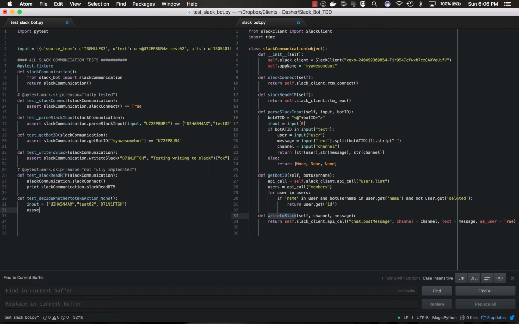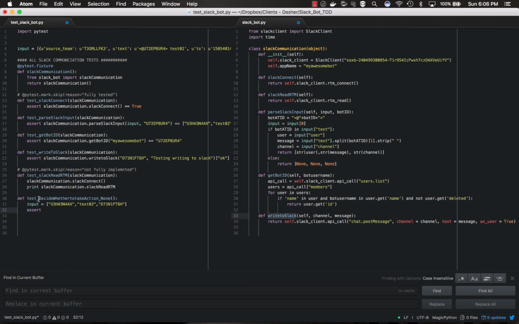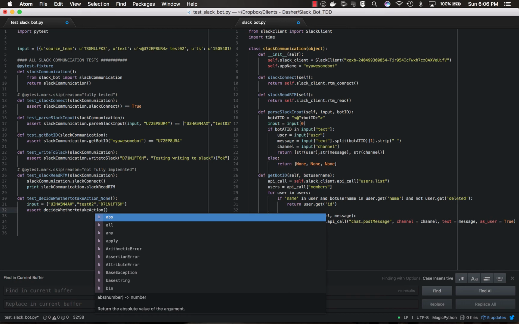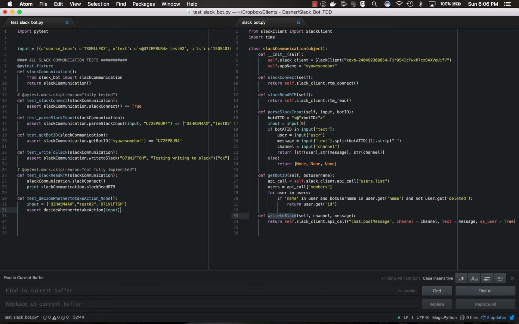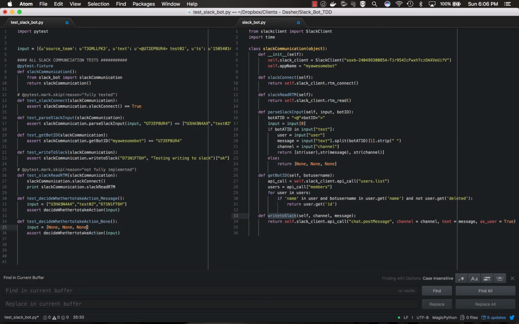And then I'm going to assert that the decide function taking the input is true, and then I'm going to write the same thing again, but this time this will be message and this will be none. This time I'll do none. Actually, let's copy this. This time I'll do an array full of none. There you go. Okay,